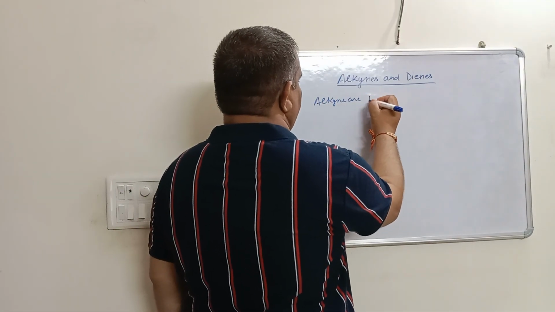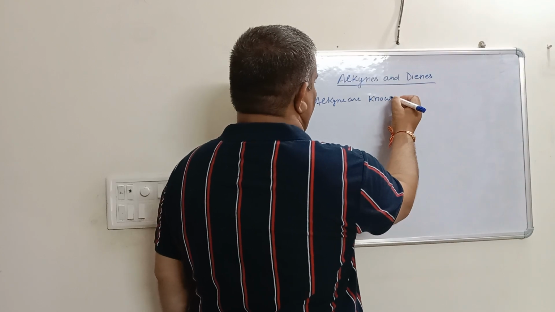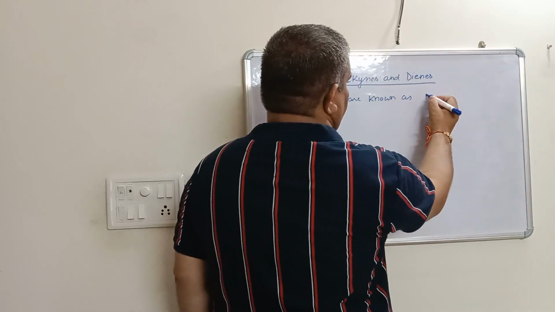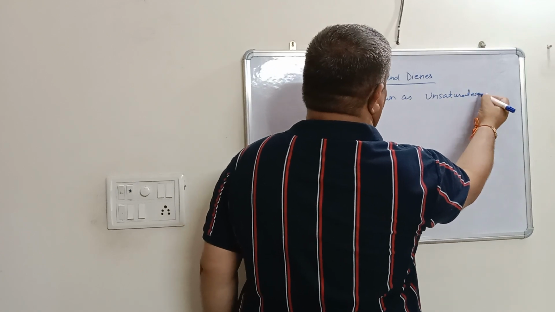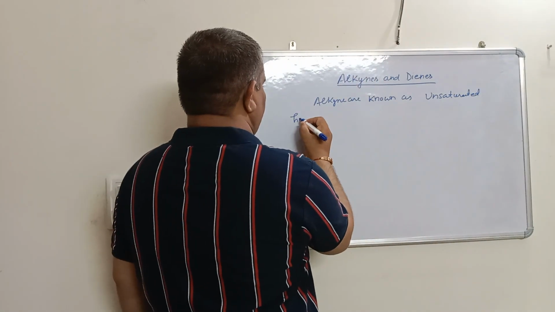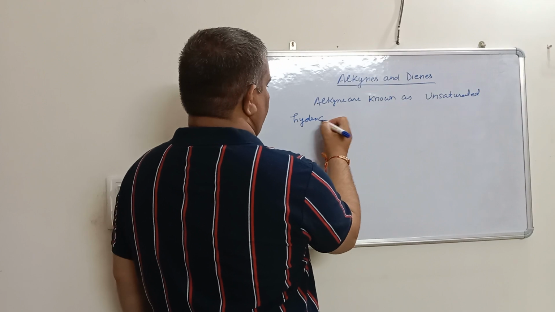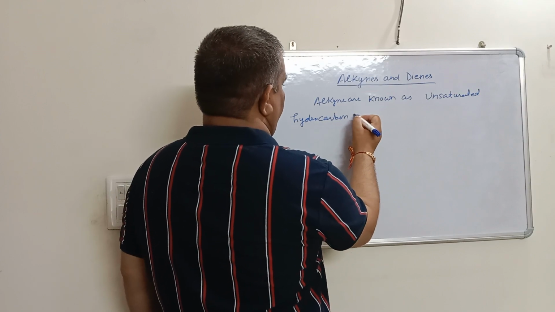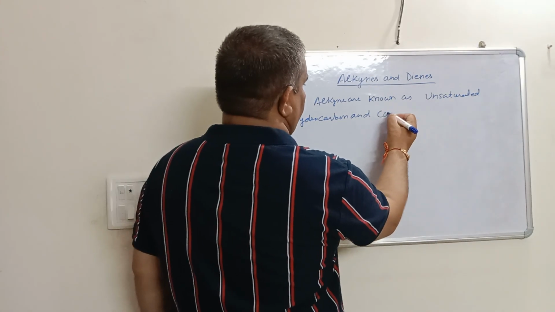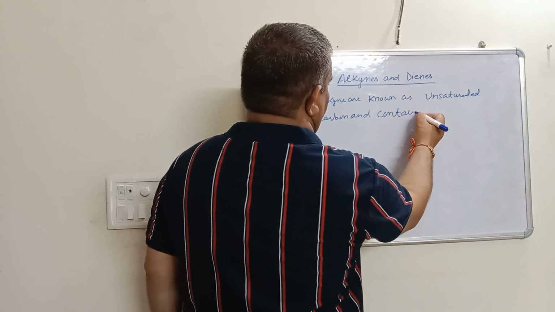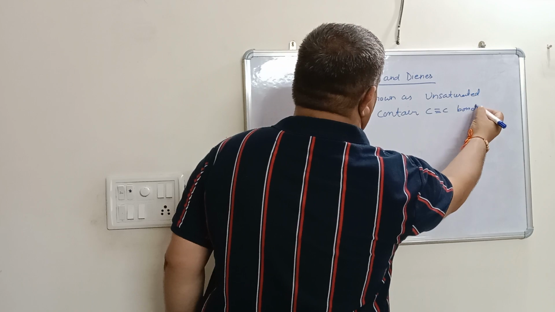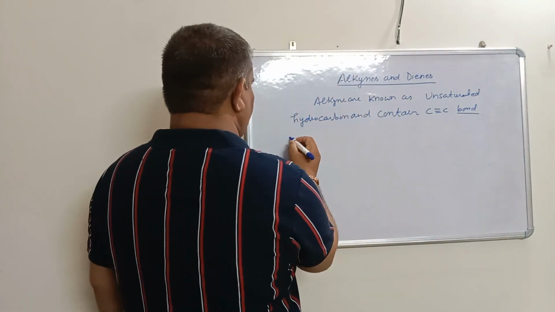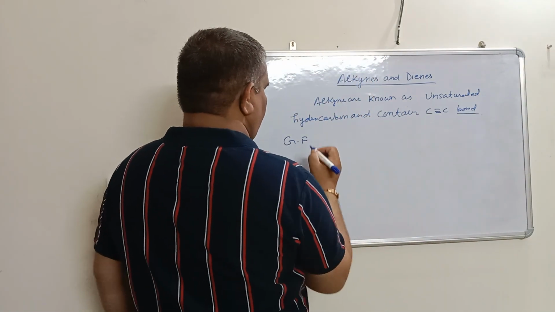are known as unsaturated hydrocarbon and contain carbon-carbon triple bonds. And the general formula of alkyne is